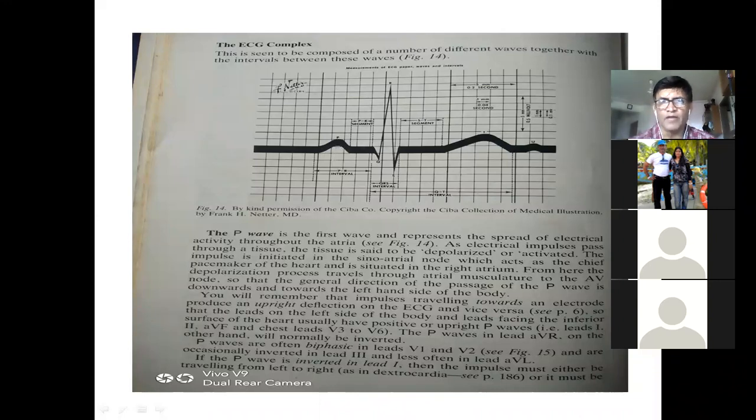Can anyone repeat whatever I said? This is very, very important. Anyone? Gauri, Sunita? Sunita can repeat. Sir, there was some disturbance. You can't hear. Okay, Gauri, could you hear it? Gauri can repeat. Widening of P wave.